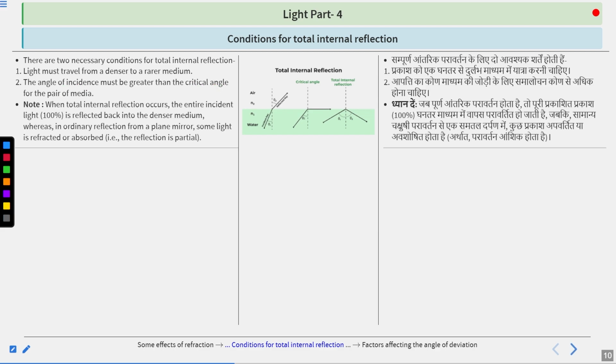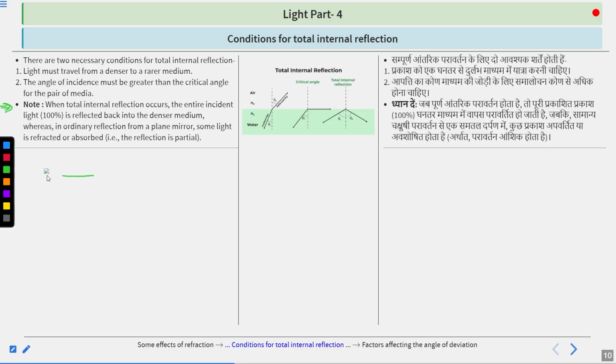There is an important note. When total internal reflection occurs, the entire incident light, that is 100%, is reflected back into the denser medium. Whereas in ordinary reflection from a plane mirror, some light is refracted or absorbed, therefore reflection is partial. So if you talk about the difference between total internal reflection and normal reflection, the difference is that